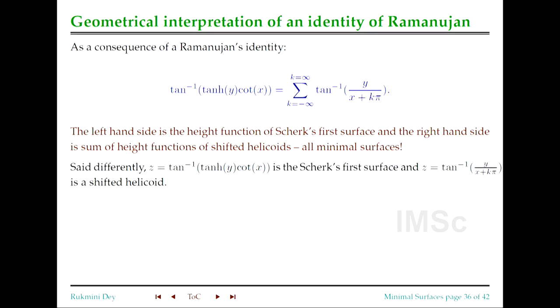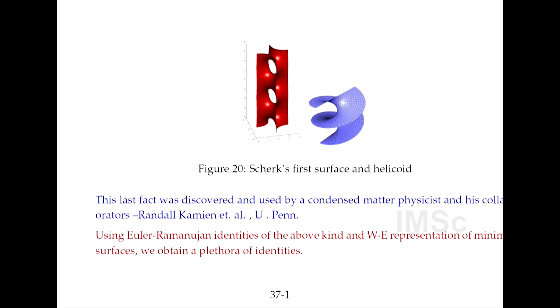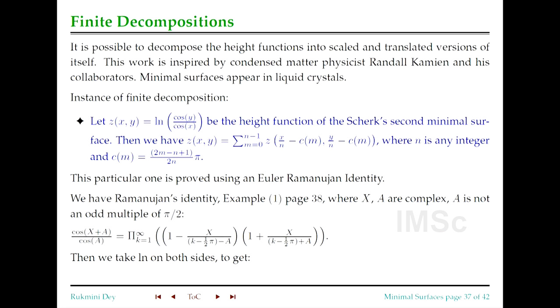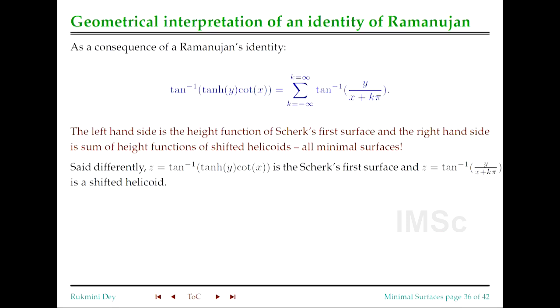So this is what one of the identities gives, and this was used by a condensed matter physicist and his collaborator Randall Kamian of UPenn. So we have used this for some other things, and recently also me and my collaborators, we have found finite decompositions. So for example, z of x, y is equal to ln of cosine y by cosine x. This is the other Scherk surface,